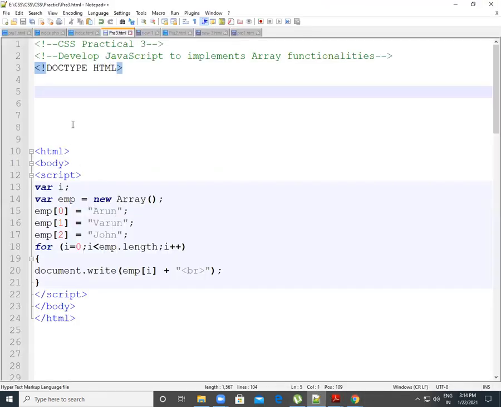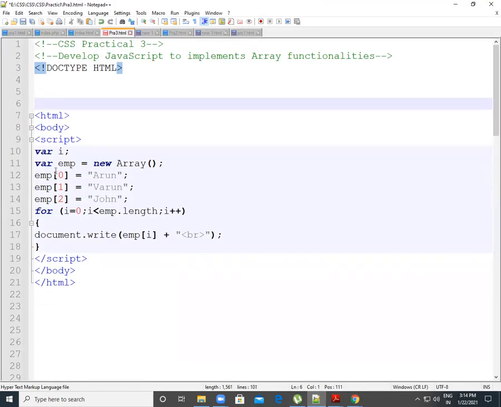If you want to change the element or content of that array, you can change that thing. So for that we will write it in our program. Okay, let's change the content of our program.